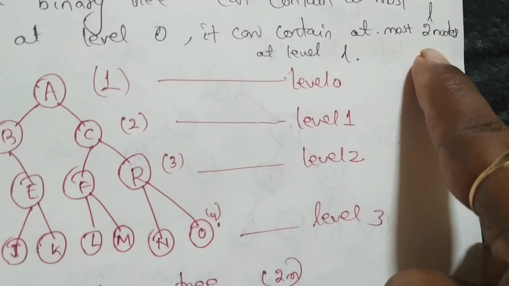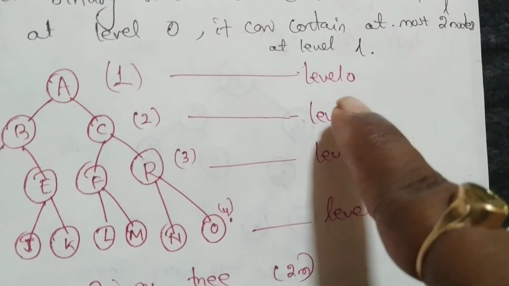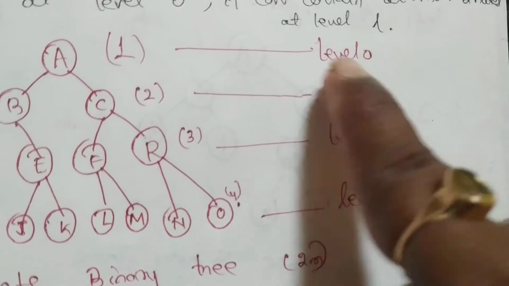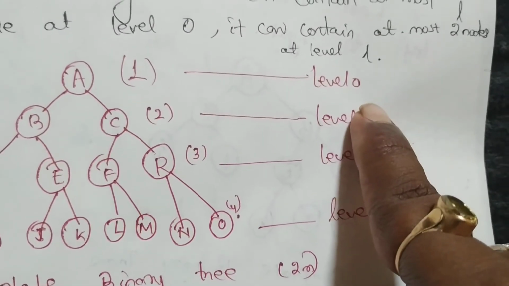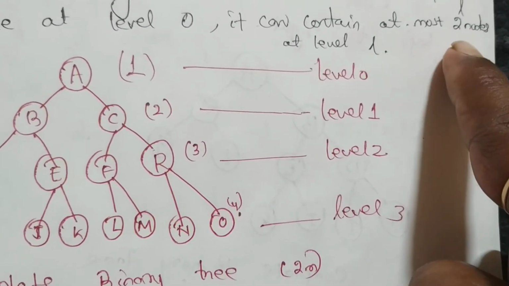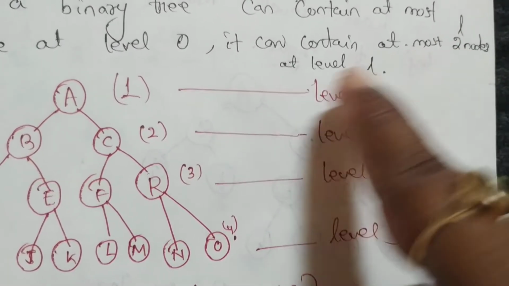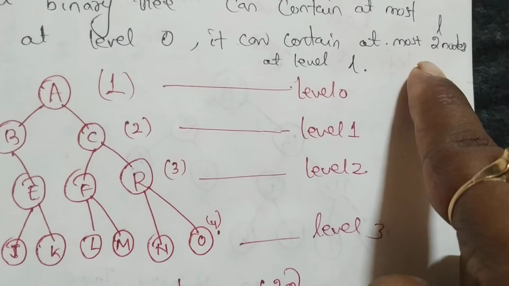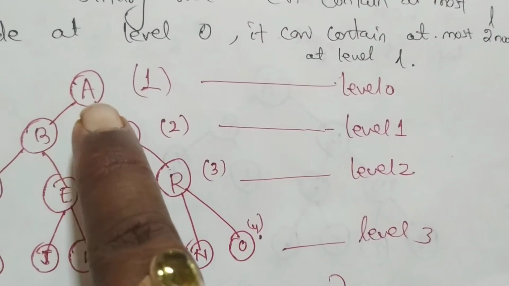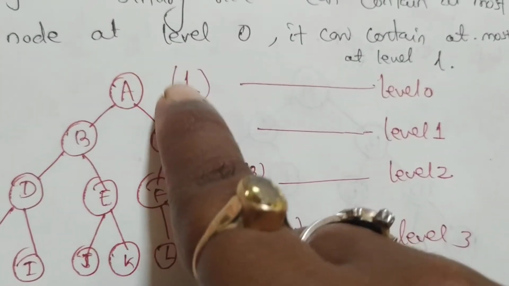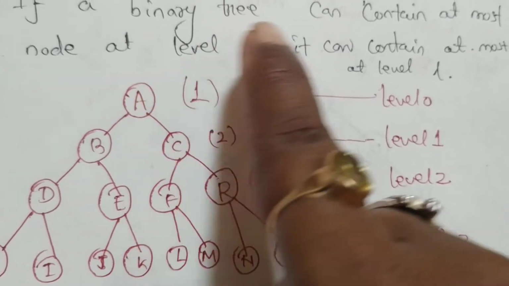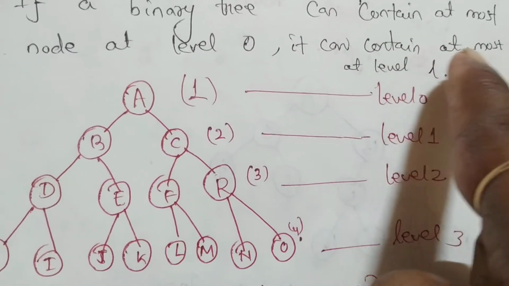L takes the value of the label. So first L will take the value of what? 0, because the root node is always present at label 0. So if we put the value of L as 0 in this formula, because the root is labeled as 0, 2 to the power 0 is what? 1. So you can see how many nodes are there? 1 node, because in a binary tree the nodes are arranged according to the formula 2 to the